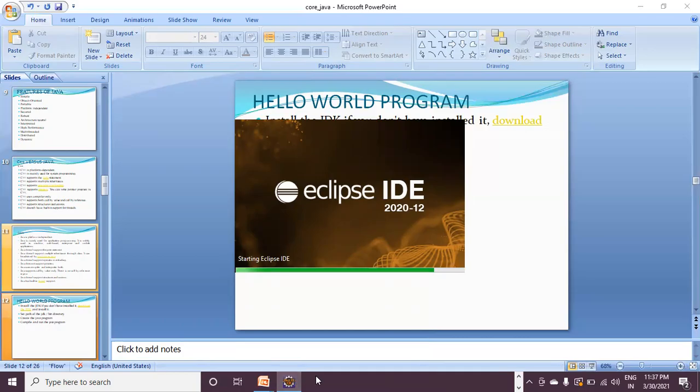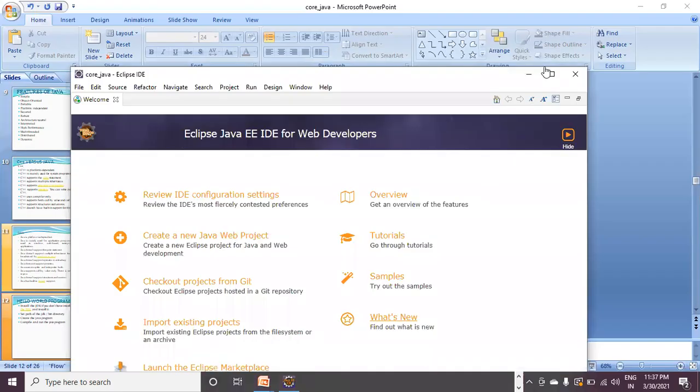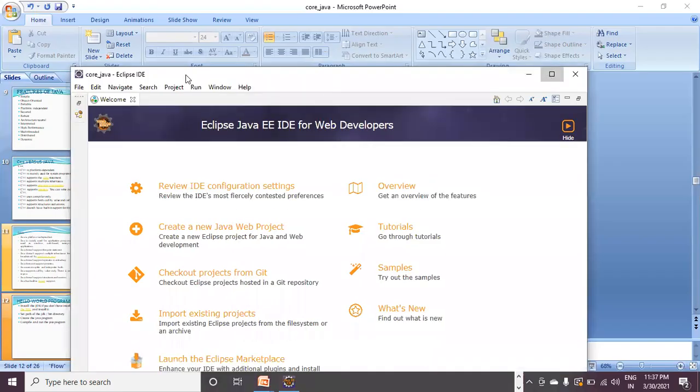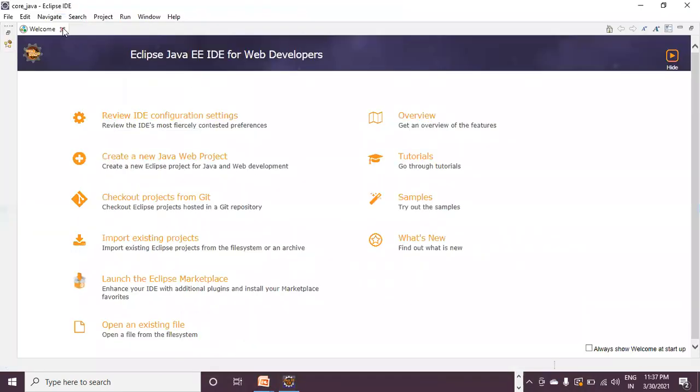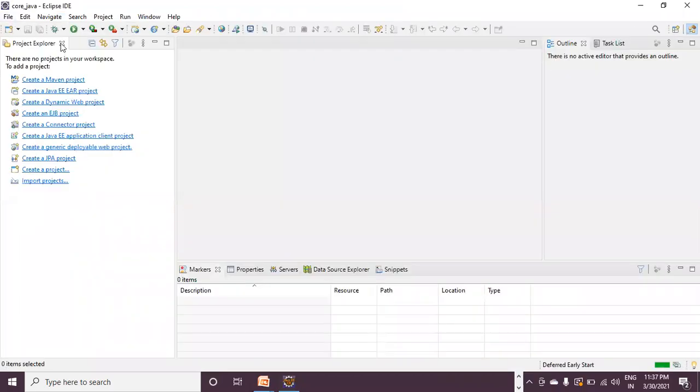It is taking some time to launch the Eclipse IDE, so we'll wait for some time. So this is my Eclipse IDE actually. Now I can select first what I need to do. I should go to the file,